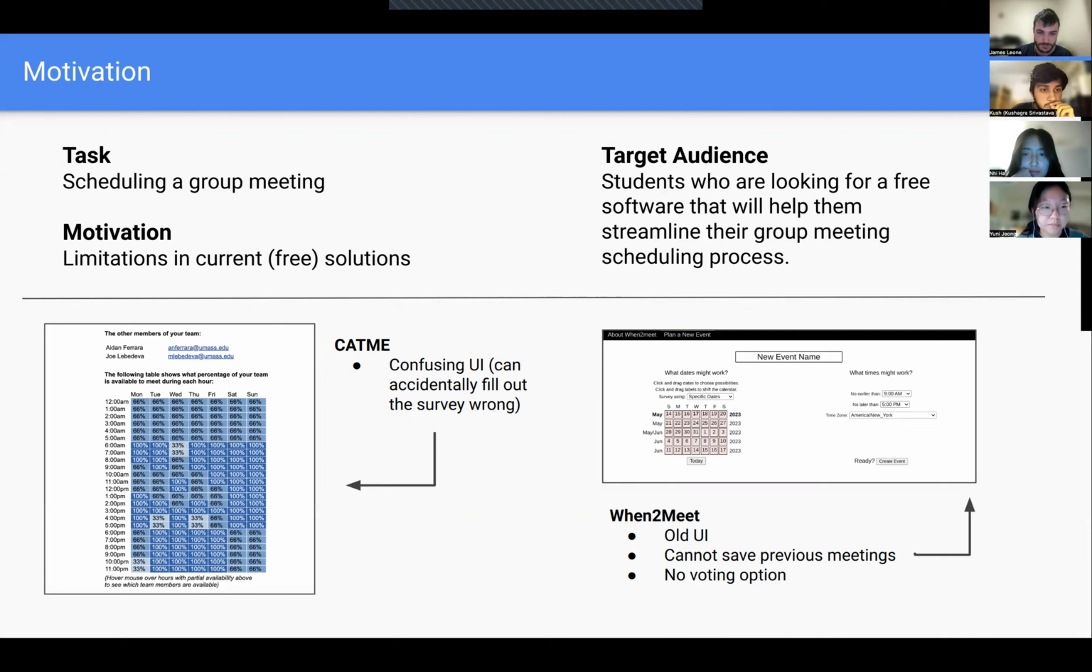For example, CatMe has a really confusing UI that may mislead users to accidentally fill out the survey wrong. And the other option, When to Meet, has an old UI and it cannot save previous meetings per user. It also doesn't have any voting options. So our target audience are students who are looking for a free software that will help them streamline their group